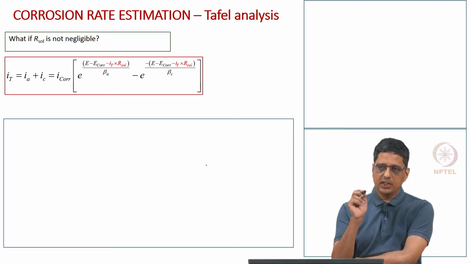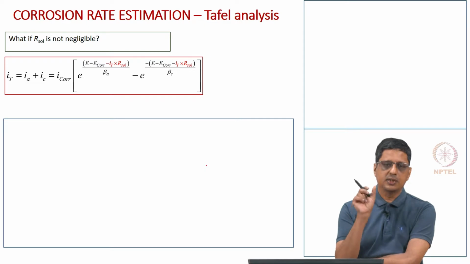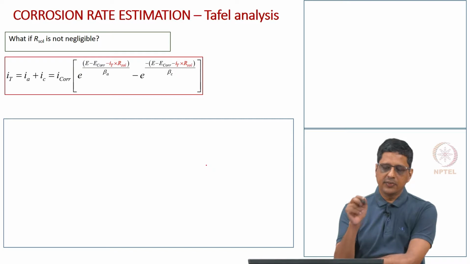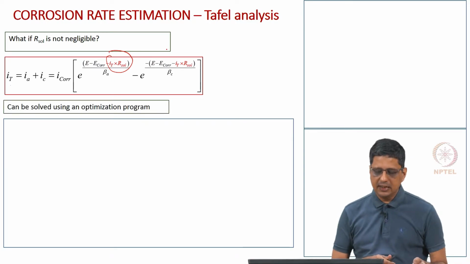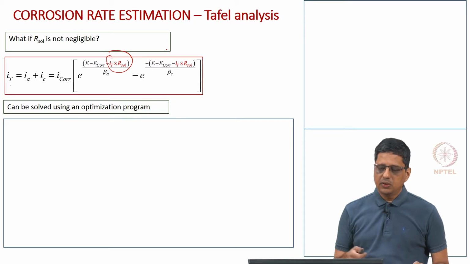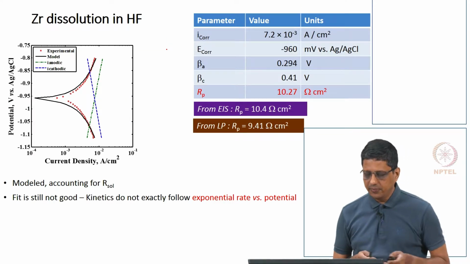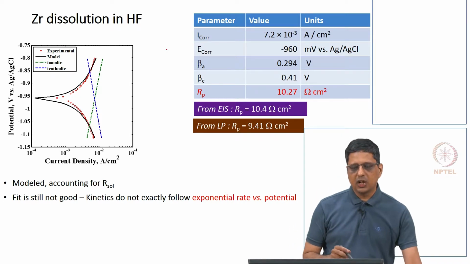When we apply a potential, some part of the potential is dropped across the solution and some part of that is dropped across the interface. The analysis normally assumes that all the potential drop occurs at the interface, but you can incorporate the solution resistance effect by saying the actual potential across the interface is a little less than the potential that we apply, and put it in the equation. So, I total, which is on the left side, also comes on the right side, it is an implicit equation, but it is possible to handle this. You can then use an optimization program and get these values. So, we have used an optimization program which accounts for solution resistance,